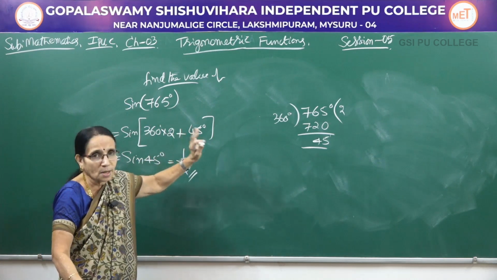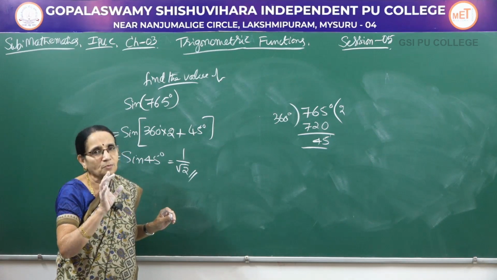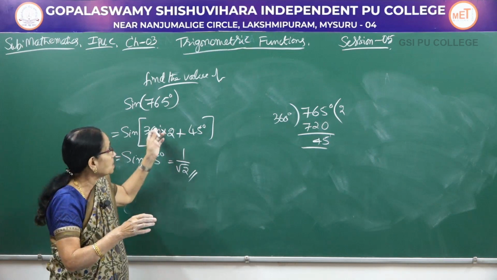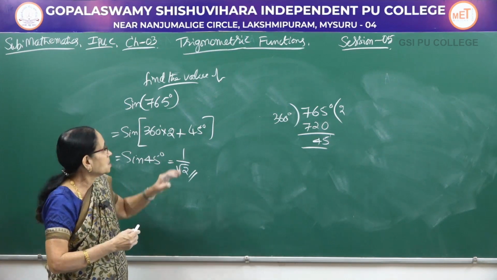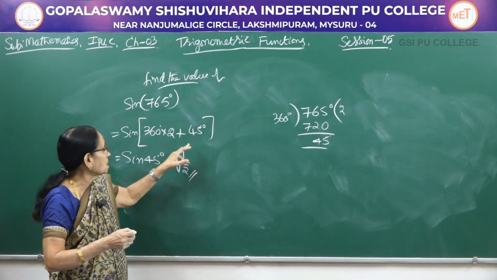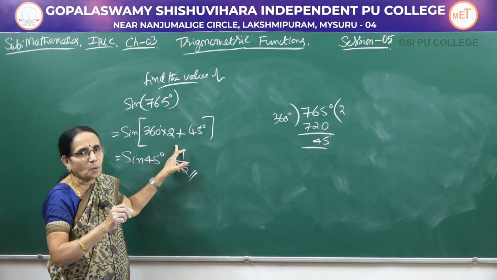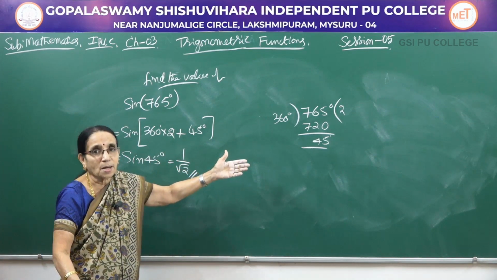So, if the angle is more than 360, less than 360, directly you can make use of the rules of the allied angle and express the angle in different ways. If the angle crosses 360, divide the number and first write this in this form. Directly do not take sine 45, it is not correct. First you have to express the angle in this form. Then for the remainder part, here of course we got an acute angle directly.